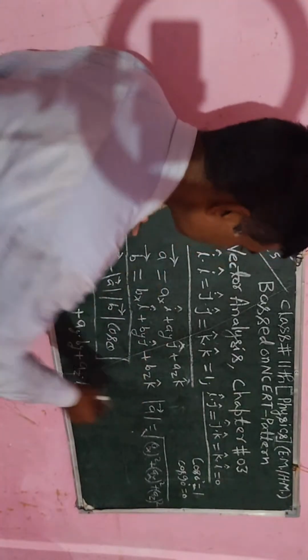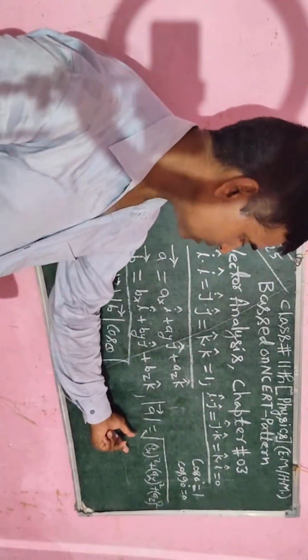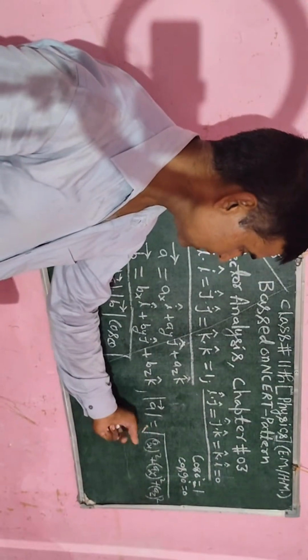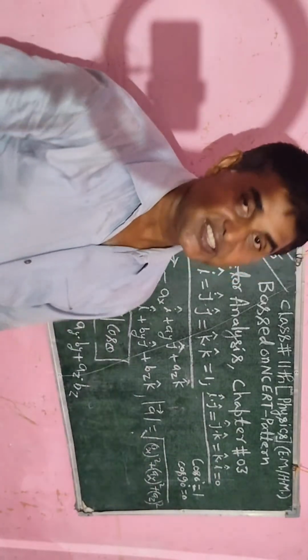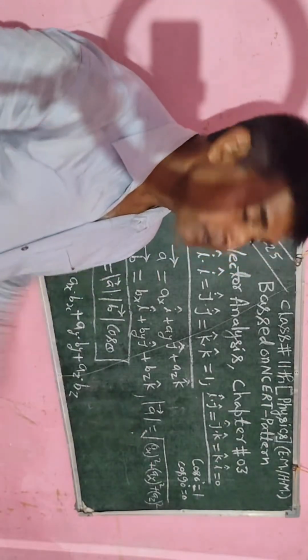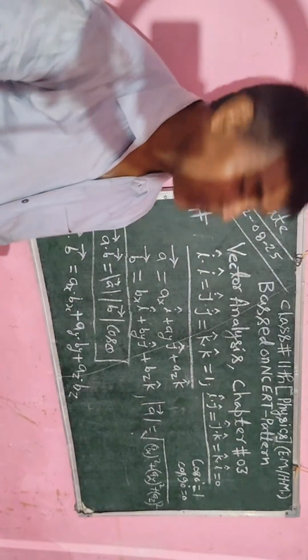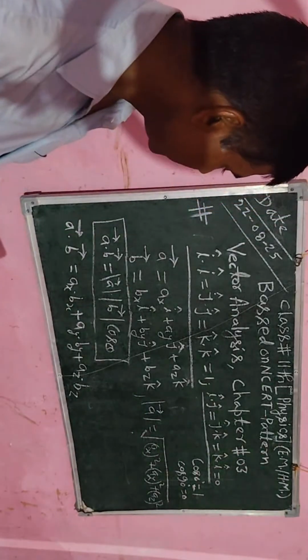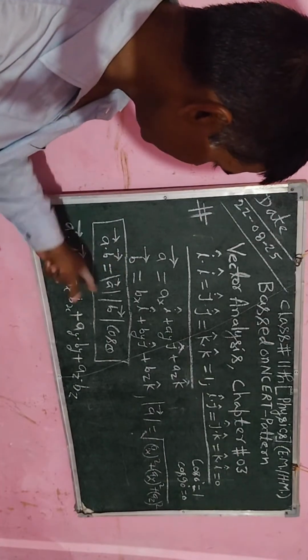इस तरीके से इसके मैग्नीट्यूड को मैंने यहाँ पर राइट किया है, और इसके मैग्नीट्यूड को लिखने के बाद स्क्वायर रूट के अंदर लिखेंगे कि ए एक्स का होल स्क्वायर प्लस ए वाई का होल स्क्वायर प्लस ए जेड का होल स्क्वायर का स्क्वायर रूट लेंगे। जो वैल्यू आएगा वह वेक्टर ए का परिमाण होगा, दैट इज उसको हम मॉड्यूलस वैल्यू कहेंगे। ओके, इसी तरीके से वेक्टर बी का निकालेंगे।